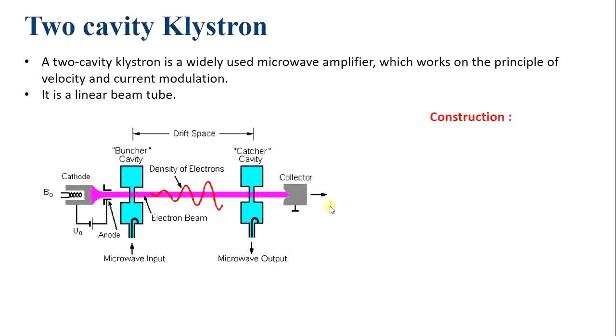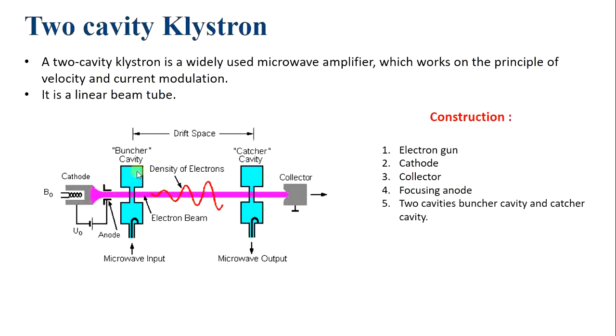As you can see in the figure, there is an electron gun. This is the cathode. There is a collector. These are the focusing anodes, and these are the two cavities. These are the resonant cavities, and this is the buncher cavity, and this is the catcher cavity, and this is the drift space, which is the space in between the two cavities, and this is the space